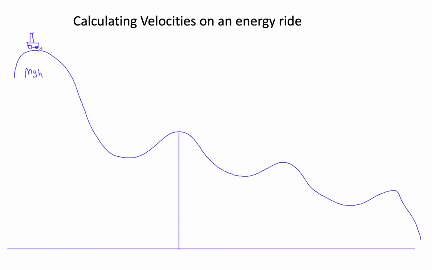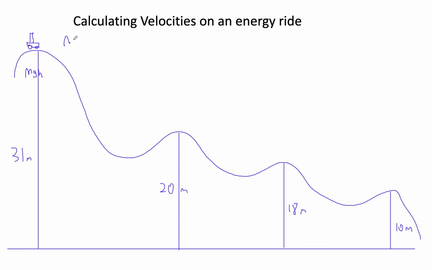So let's say that this height is 31 meters, right? And then let's say that here we're at 20 meters. And then here we are at 18 meters. And then here we are at maybe 10 meters. Right? What we can do is we can say, okay, this initial potential energy here is going to equal mgh equals this other height